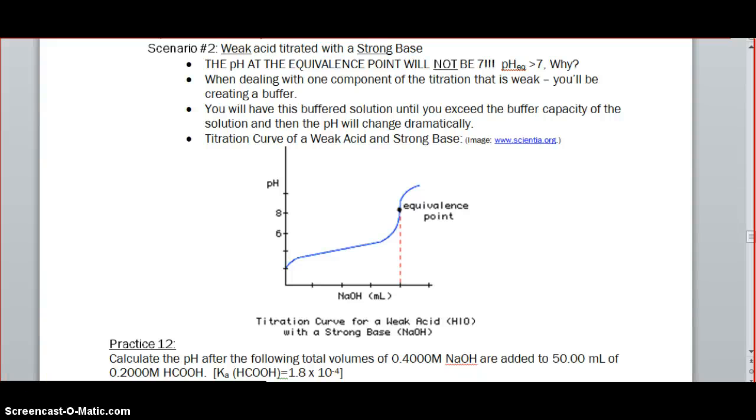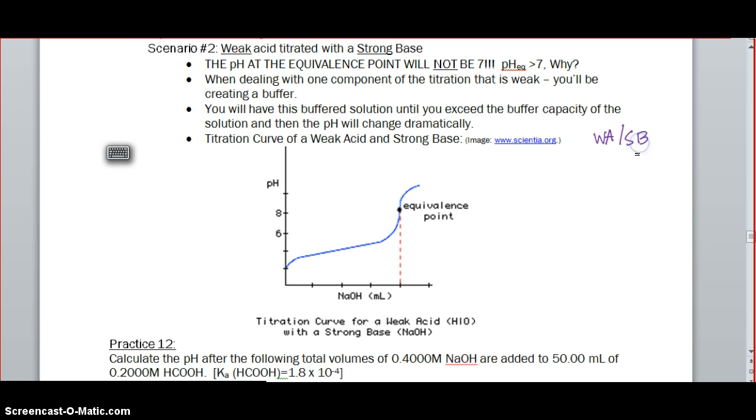This is screencast number 2 for acid-base titrations. This time we're going to look at a weak acid being titrated with a strong base. So the pH is not going to be 7 at the equivalence point. And if we think about what we learned in first year chemistry when we had a weak acid with a